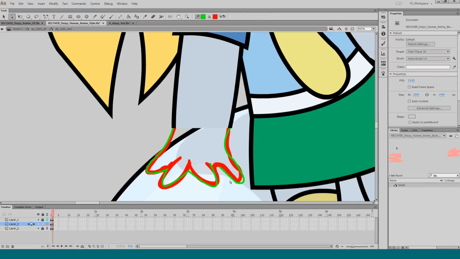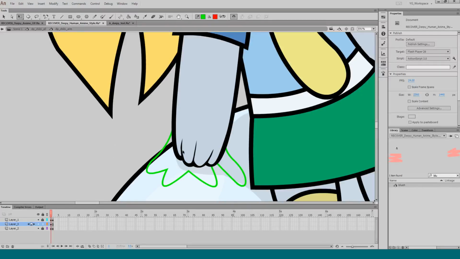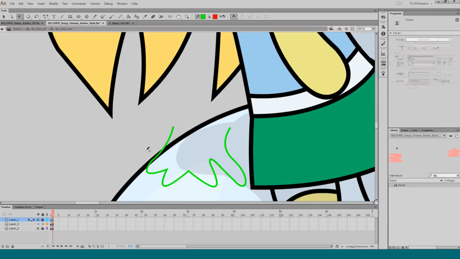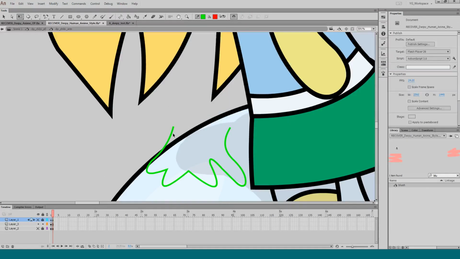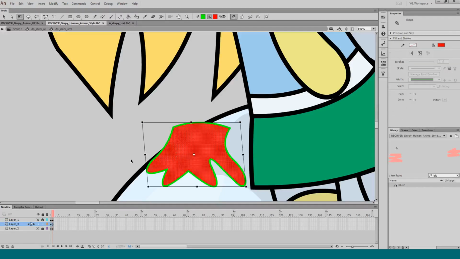Yeah, this kind of happens a lot where you're like, that looks okay, and then it's like, no, it could be better. What I could have done was taken this and tried to move every point around, but I thought it'd be easier to just go ahead and erase what I had and start from scratch.